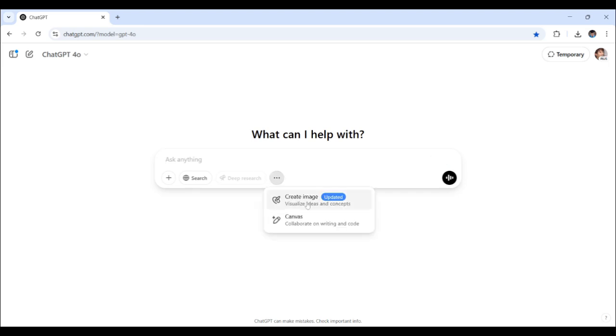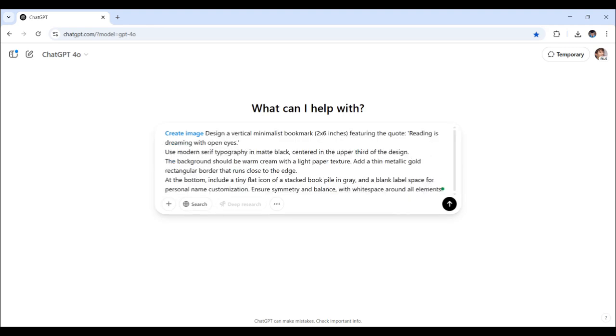Okay, first off, again, create image. So here is our prompt right here: vertical, of course, minimalist bookmark, 2 by 6 inches, featuring the quote, "Reading is dreaming with open eyes." Use modern serif typography, matte black, centered, upper third of the design. Background: warm cream, light paper texture, thin metallic gold rectangular border. At the bottom, tiny flat icon, stacked book pile, gray, blank label space, and symmetry, balance, white space,